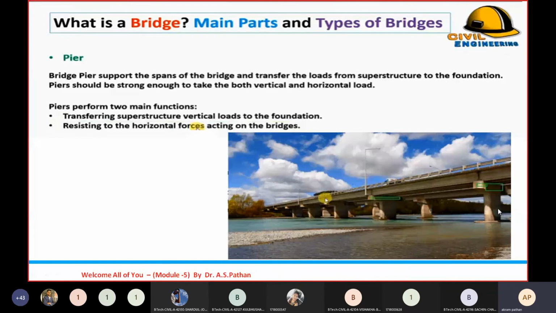So the design of the piers depends upon the hydraulics. Hydraulics means, if you see here, we have the water. So when a flood occurs in this particular river, the discharge will increase. As the discharge increases, the pressure, the forces and the velocity of the water will increase due to the larger discharge flowing into